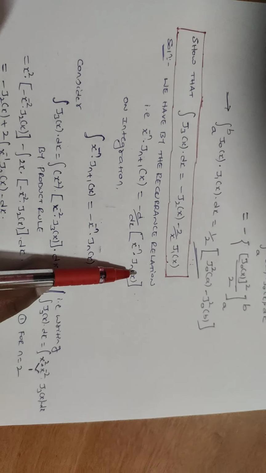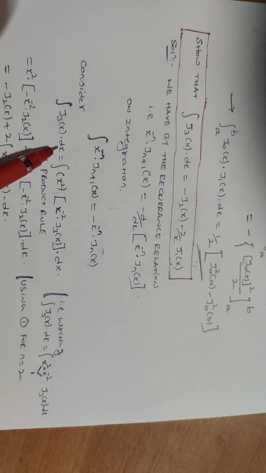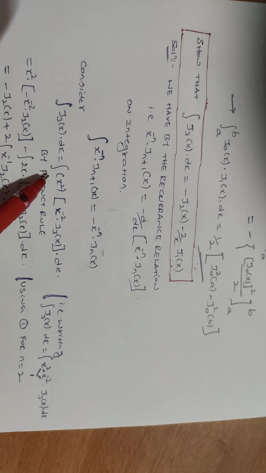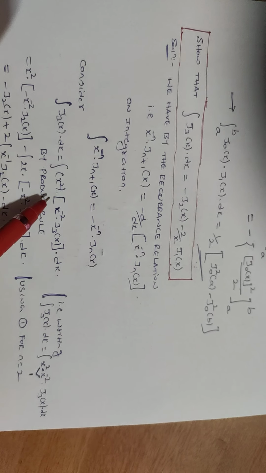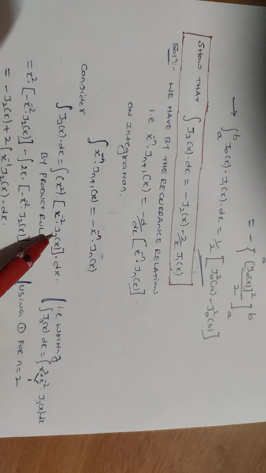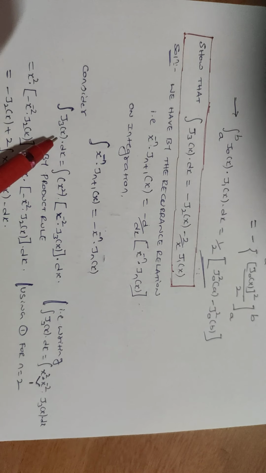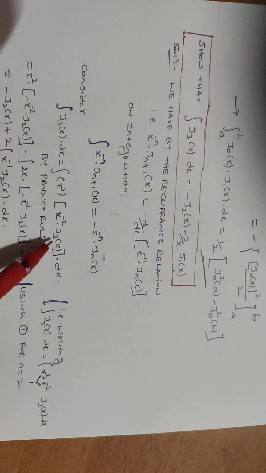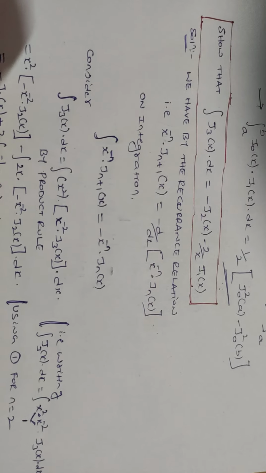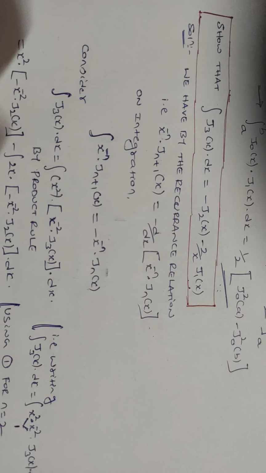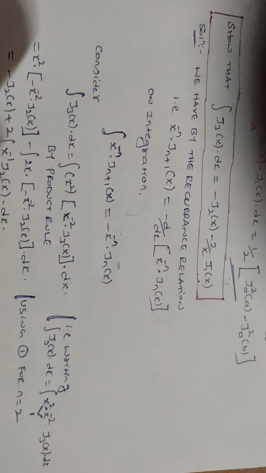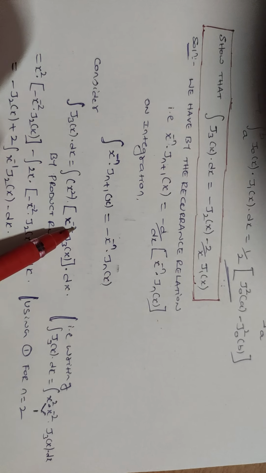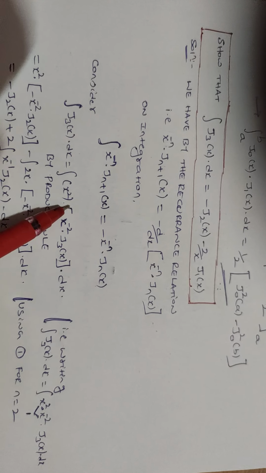Consider integral of j3 of x dx, because we require to prove this, j3 of x equals x square into x to the power minus 2 into j3 of x dx. That is, writing the integral of j3 of x as integral of j3 of x itself. For getting the result, we write x square into x to the power minus 2. So the resultant power will be 2 and minus 2, on adding it will be 0, therefore x to the power 0 will be 1.